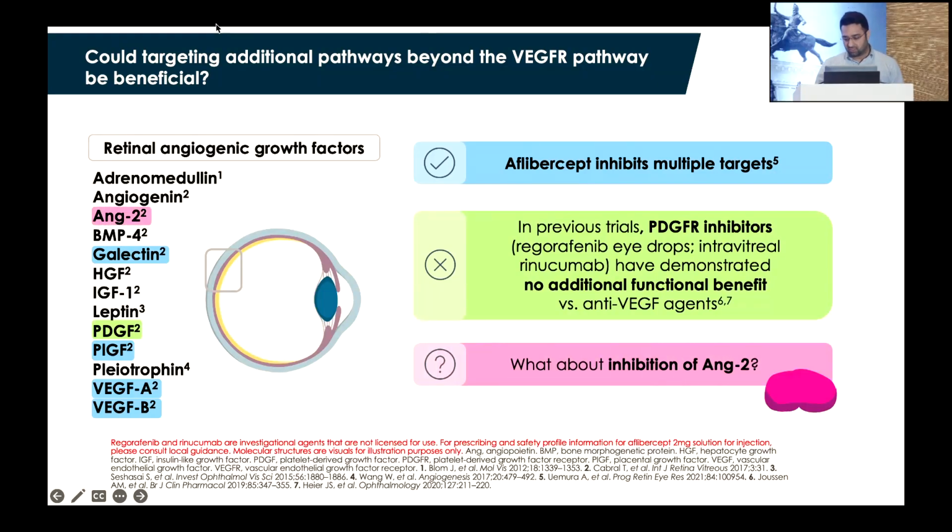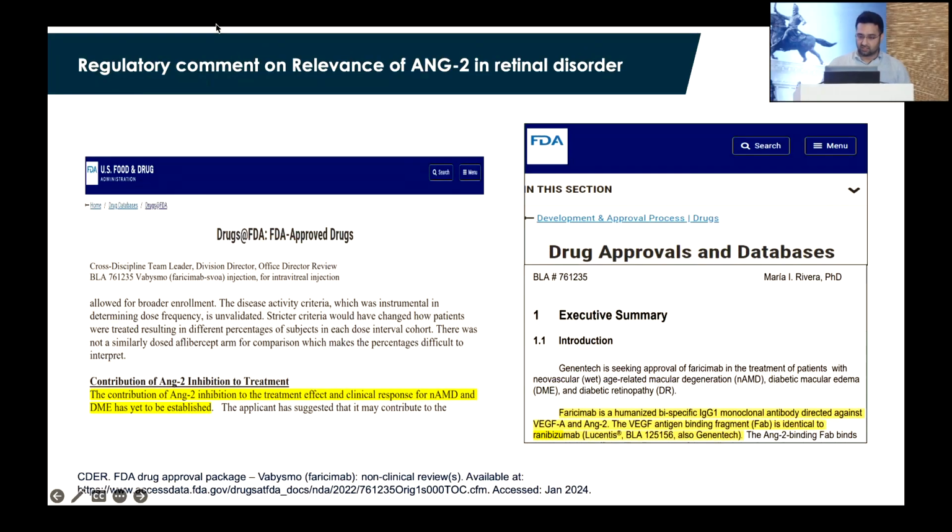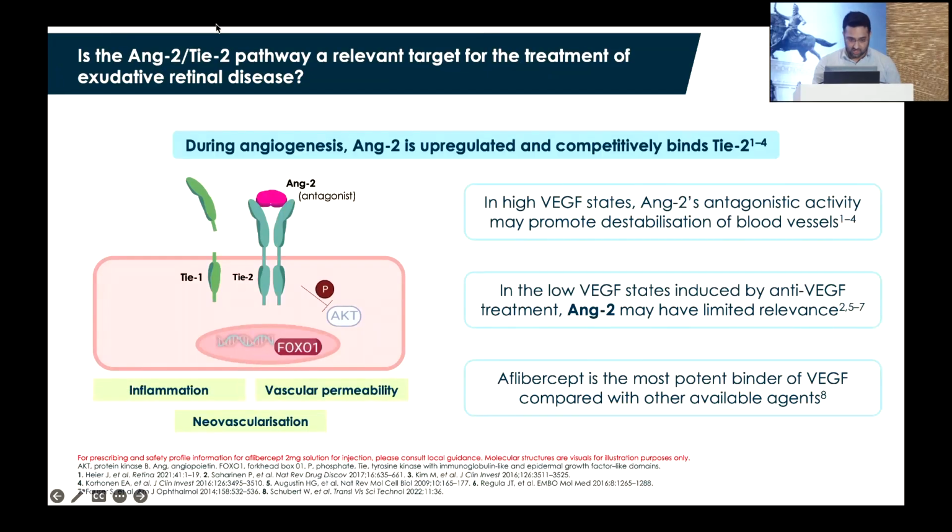So coming to the newest, does Ang2 have an extra edge? This is a document from the FDA open source website. Here it says that faricimab is a humanized bispecific IgG monoclonal antibody directed against VEGF and Ang2, and the VEGF antigen binding fragment is identical to ranibizumab, and the contribution of Ang2 inhibition to the treatment effect and clinical benefit in neovascular AMD and DME is yet to be established. So is the Ang2 Tie2 pathway, which is the tyrosine kinase pathway, a relevant target for treatment in exudative retinal disease? During angiogenesis, Ang2 is upregulated and